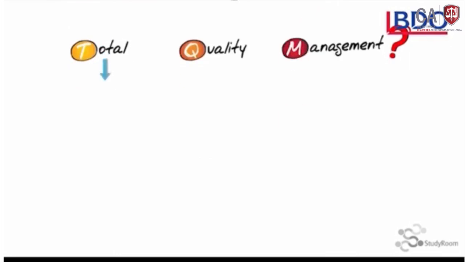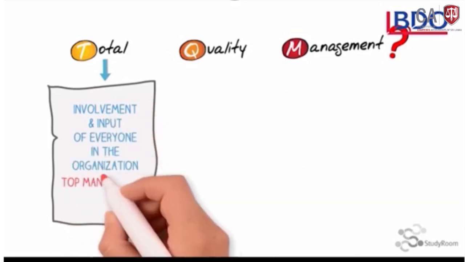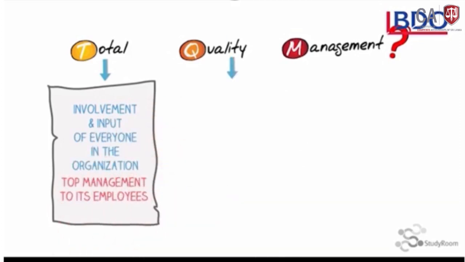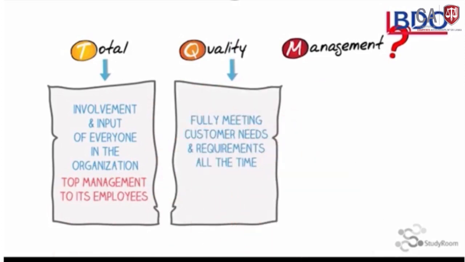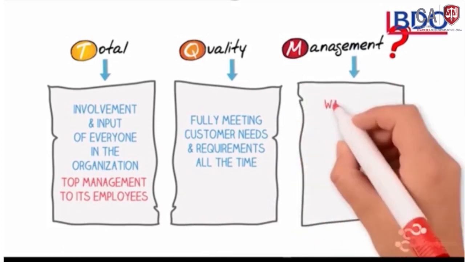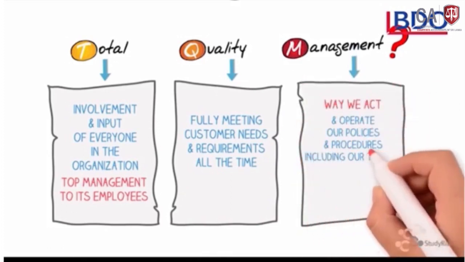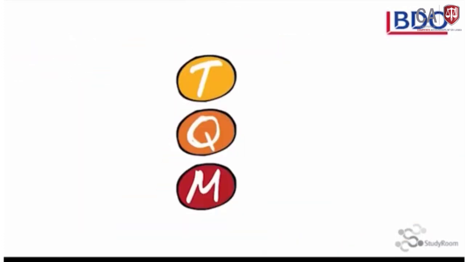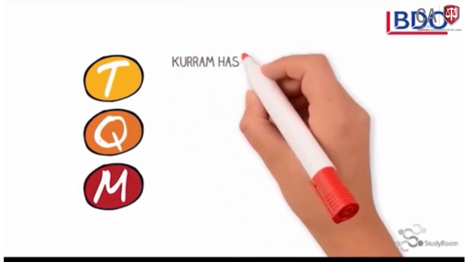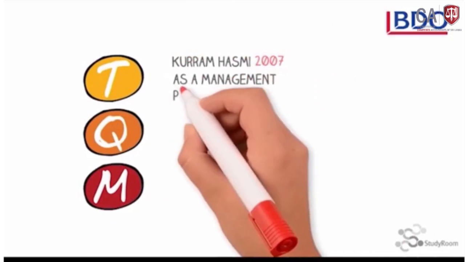Well, total means the involvement and input of everyone in the organization, from top management to its employees. Quality means fully meeting customer needs and requirements all the time. And management is the way we act and operate our policies and procedures, including our training and instruction to all our employees. Thereby, TQM can be defined according to Karam Hazmi, 2007, as a management philosophy that seeks to integrate